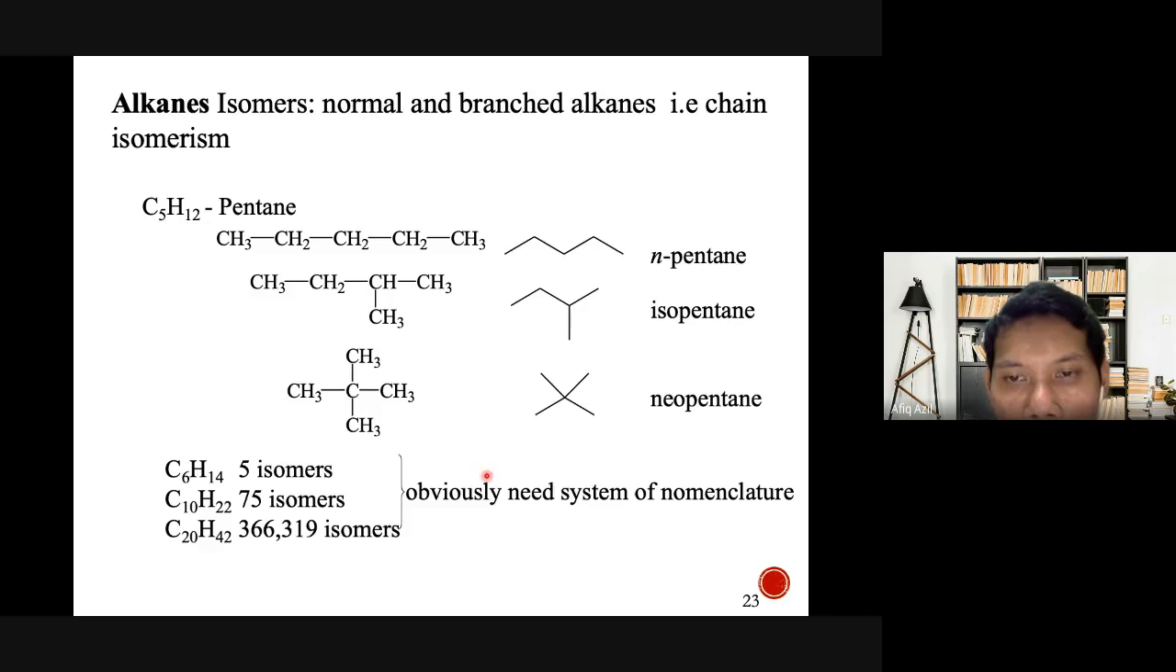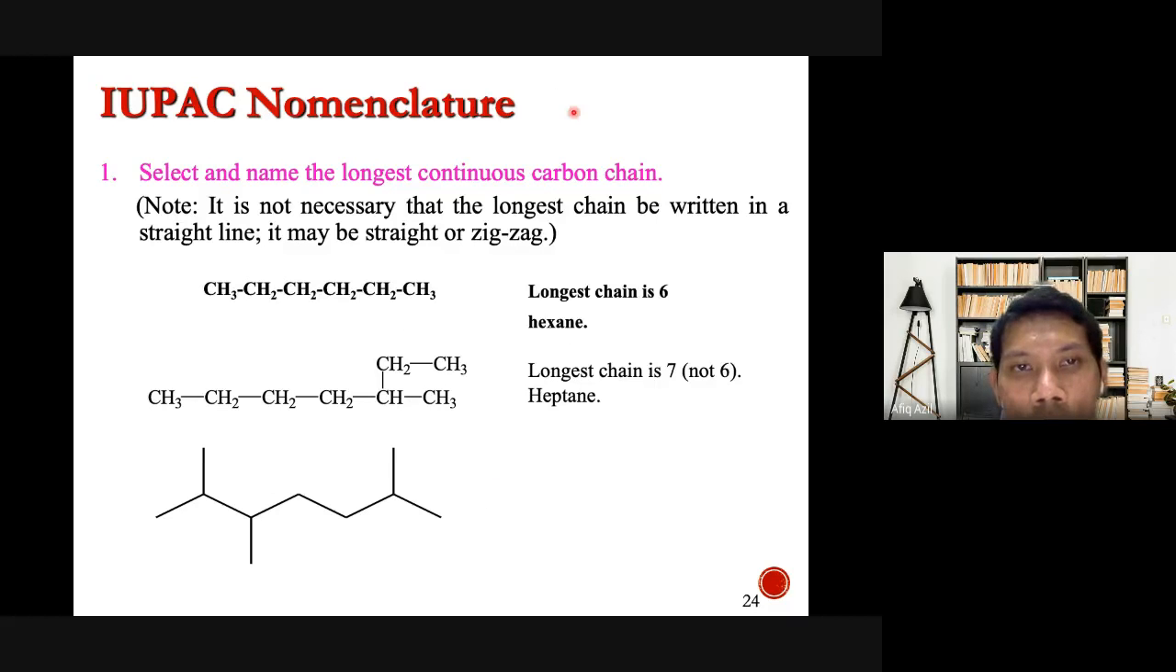So that's why there is a need for a system of nomenclature. To name this, let's say C3, is quite easy, but once you have 75 isomers, or 366,000 isomers, the n, iso, and neo prefixes cannot be used throughout. So that's why we follow a certain system. Based on IUPAC nomenclature, this is how IUPAC tells us how to name organic compounds,